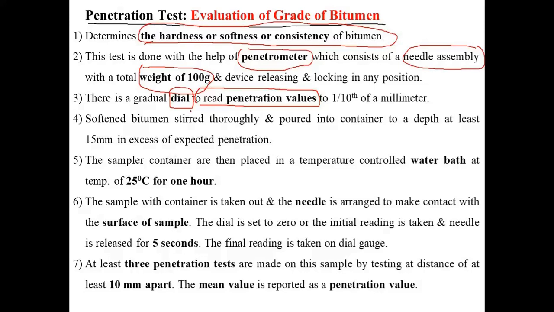Okay. Now step number 1, procedure number 1 is to melt the bitumen. You have to melt the bitumen with the help of some heating device. So increase the temperature up to near about 100 degrees Celsius. At 100 degrees Celsius, that bitumen will be in liquid form, and after that we have to pour that liquid or hot bitumen into the cup.